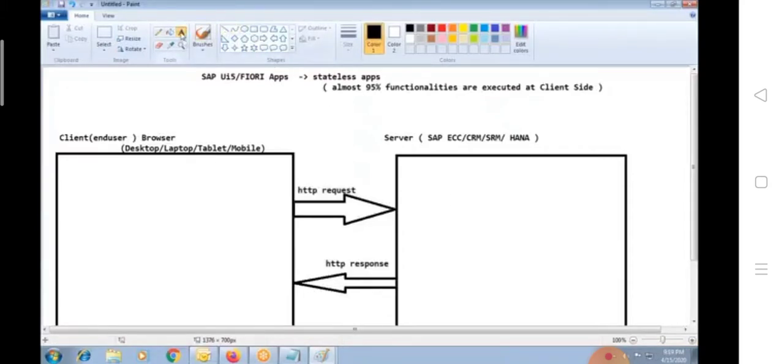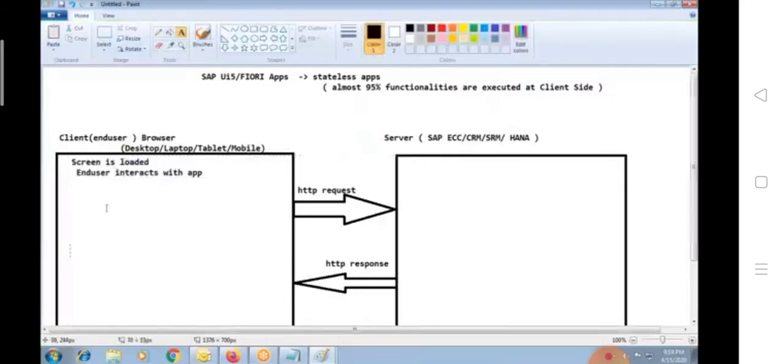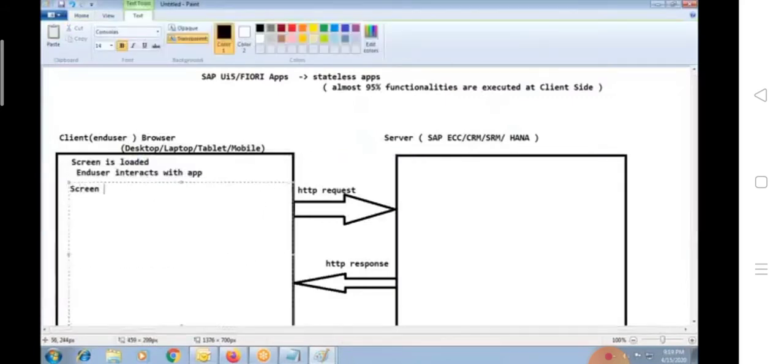So in case of these UI5 Fiori apps, the screen is loaded here. The end user interacts with the app from a browser, from any device. But not only that, the screen-related code is completely executed here.